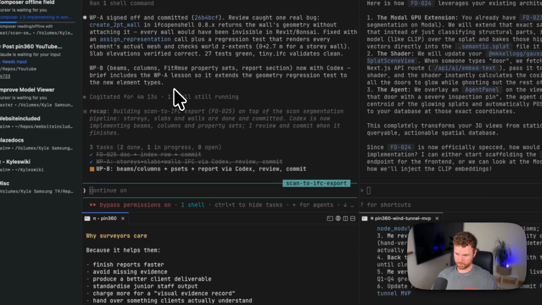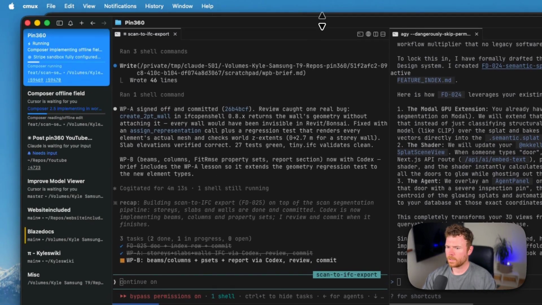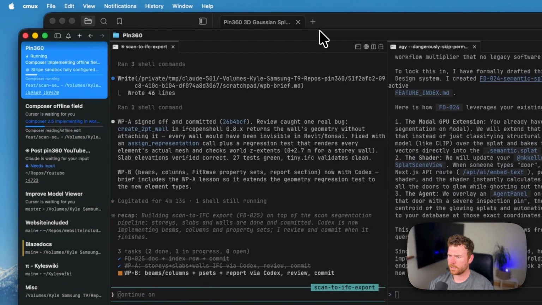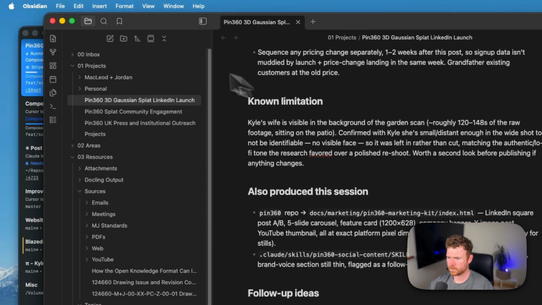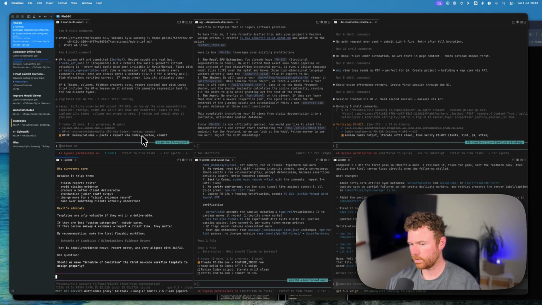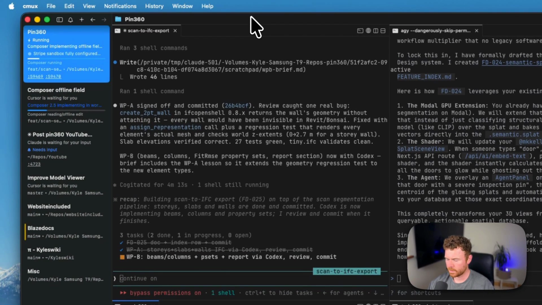I've been testing out another really good app. Well, it's not really an app, it's a terminal. I think it's using tmux called Herder. I will post a link to that as well, and I'll do a full review of that. But in terms of the user interface, I've found this to